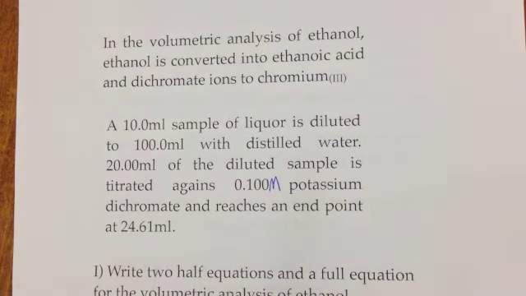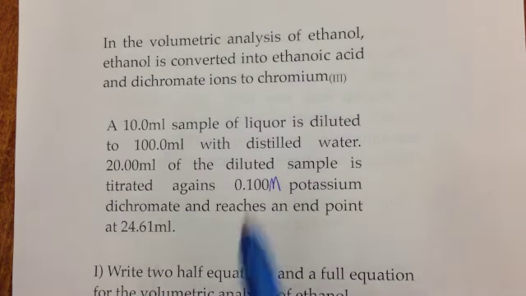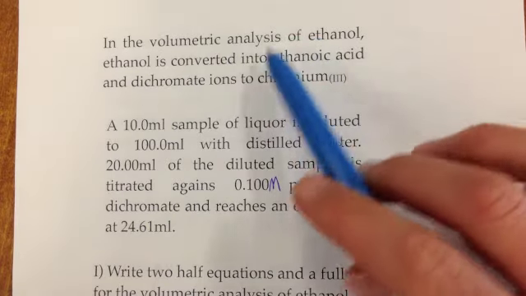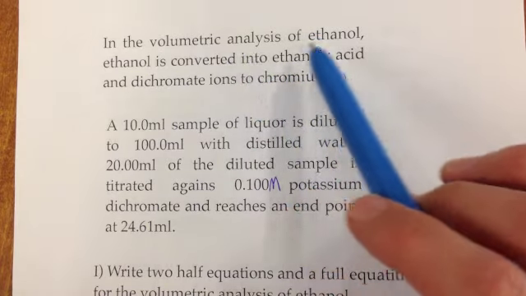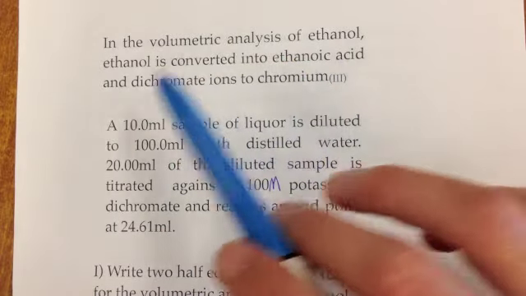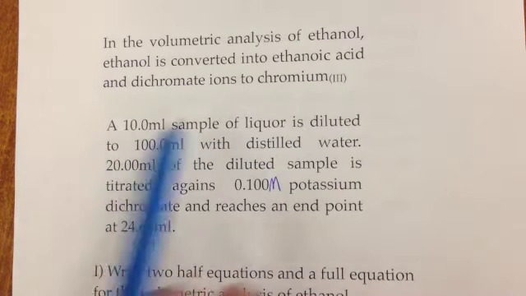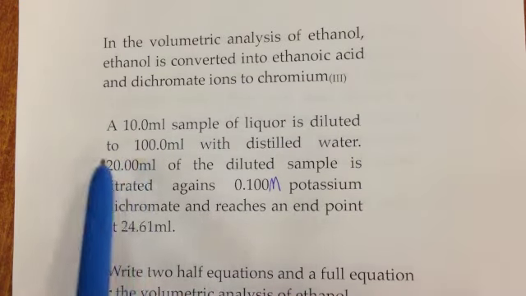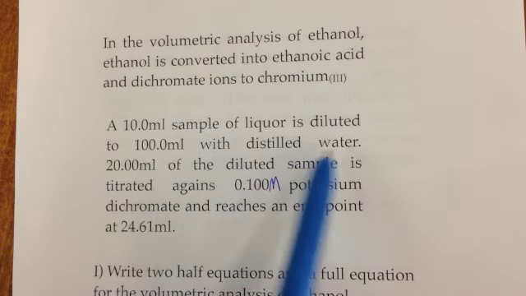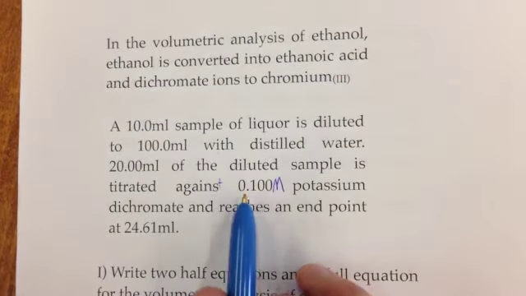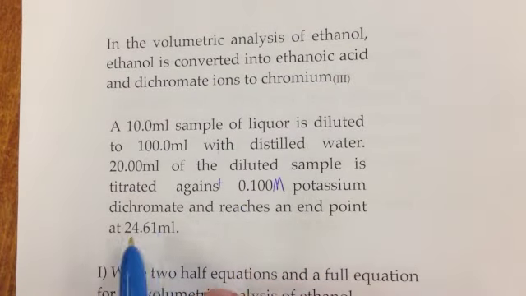Okay, more volumetric analysis. This time it's a redox titration, and it's working out the amount of ethanol in a certain liqueur. It gives a bit of detail here about what's happening. In the volumetric analysis of ethanol, ethanol is converted to ethanoic acid and dichromate ions to chromium 3. A 10 ml sample of liqueur is diluted to 200 mls with distilled water. 20 mls of this diluted sample is titrated against